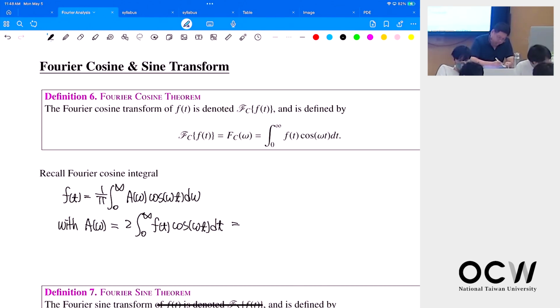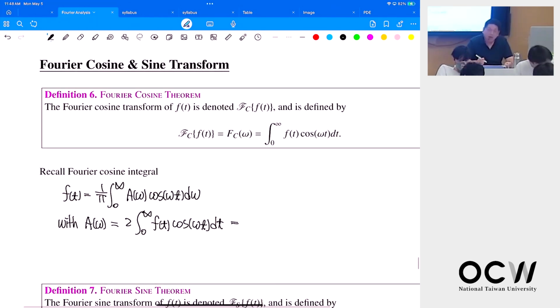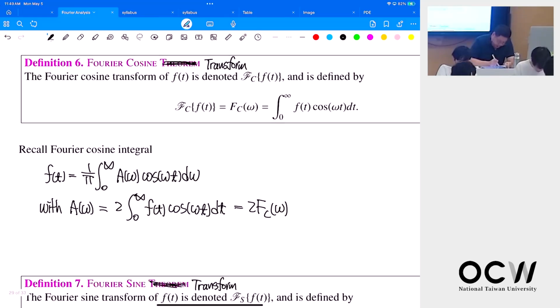Then in this case the coefficients will be double of your Fourier cosine transform. All right. So in this case, if I take the inverse Fourier cosine transform of your Fourier cosine transform, that should be your function. And then 2